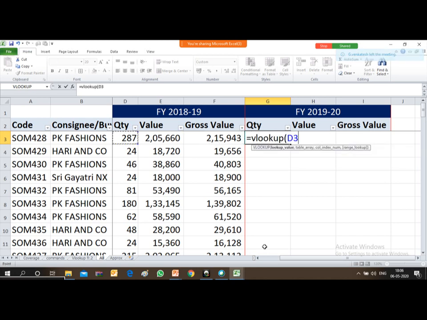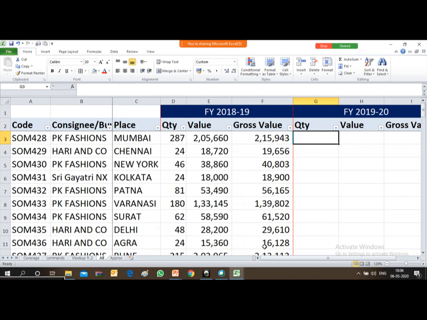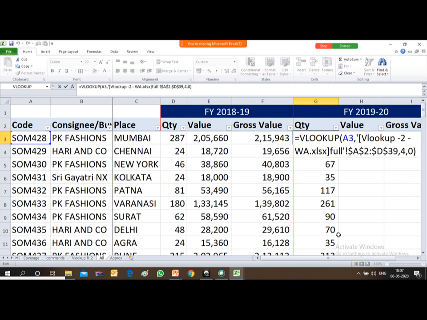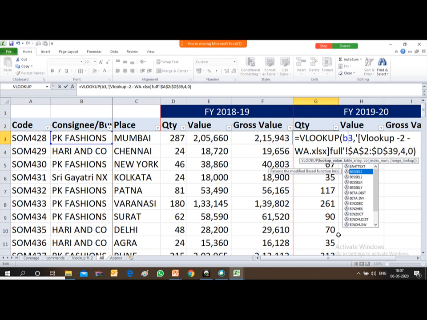Okay, just type VLOOKUP. Yeah, Seema. Yeah, right, exactly, Seema. That is what I wanted to tell you. So this is what I wanted to tell you, that the table array there will also have to be changed to B, right? This column we have to convert to B. So here again.